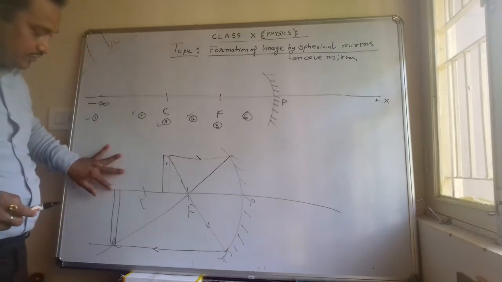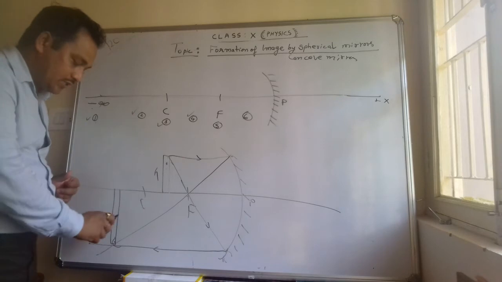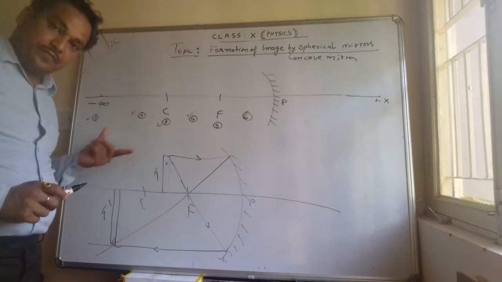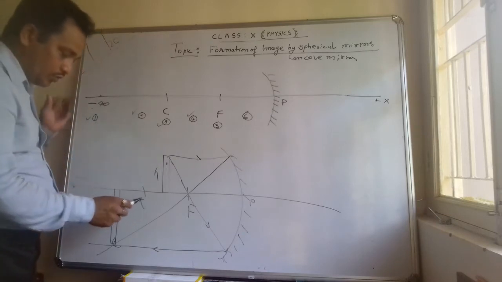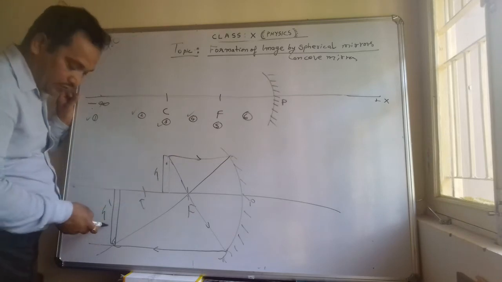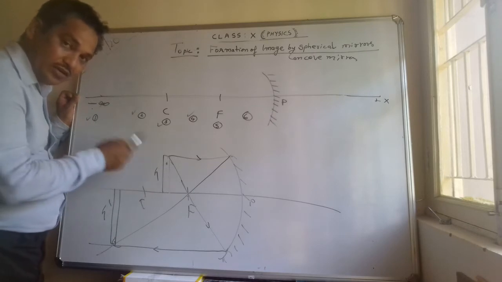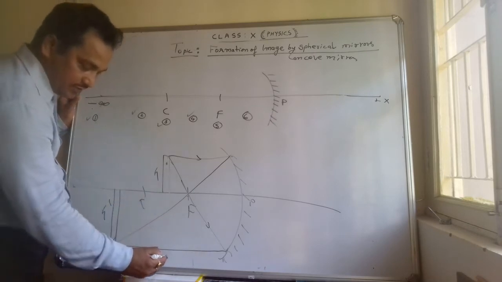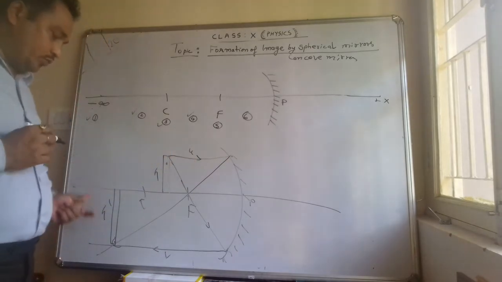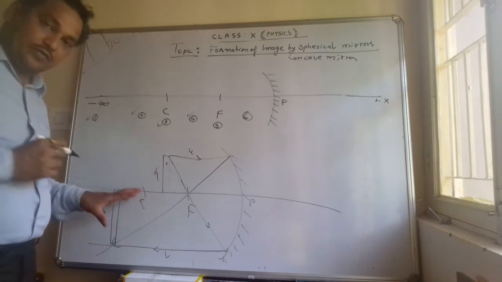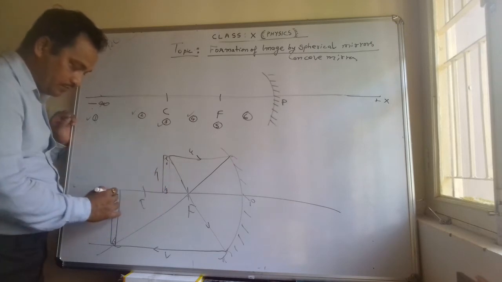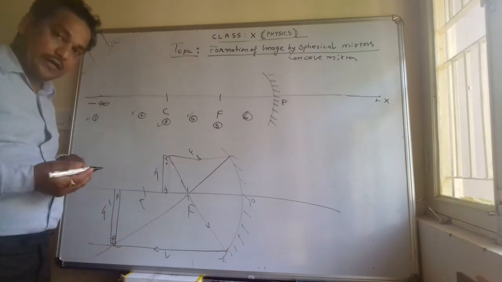So we have here observed that this is the height of the object h, and h dash is taken as the height of image. Every time you will use this variable in case of the spherical mirrors. So here it is clearly obvious that the height of the image is larger than the height of object, and this is the distance denoted by v, as u was for the object. So position, size and nature of the image, all three we have to consider in every case. So it was AB, it becomes BA, inverted and real.